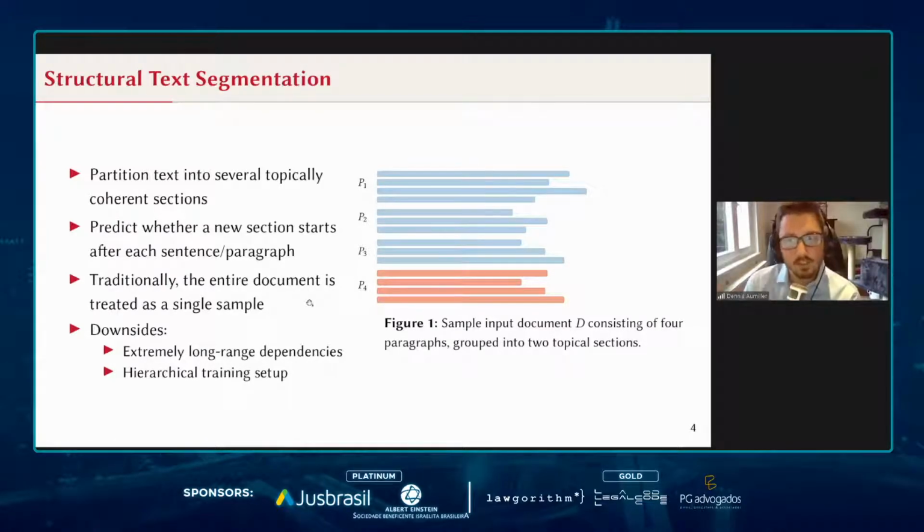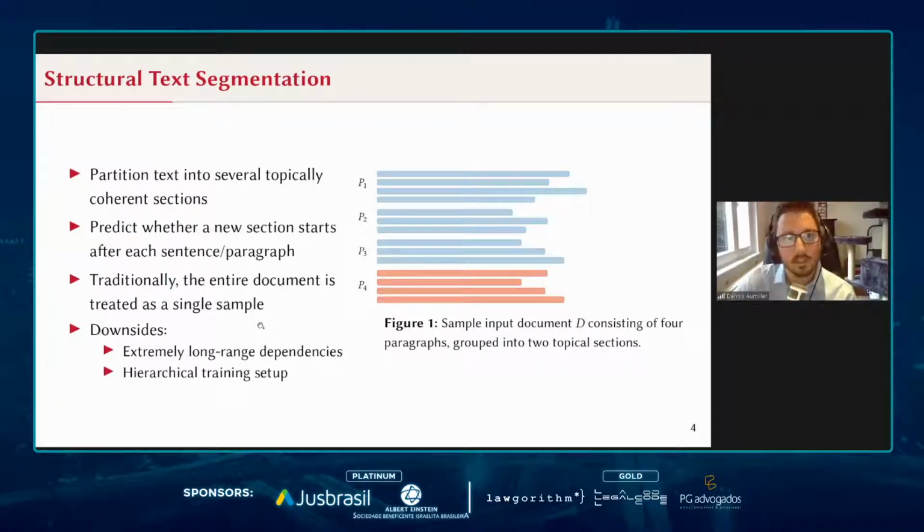Again, what I already mentioned is that traditionally you would feed the entire document as one single sample and generate one single prediction for this entire document. This is already where we have the mentioned problems of long-range dependencies. So the question becomes, is it even relevant for the 4th paragraph what happened in the 1st paragraph? And to exemplify this, in reality, you will have documents that are spanning several pages. And here really the context loses its meaning beyond just the immediate neighbors.